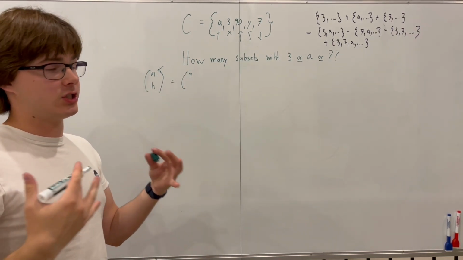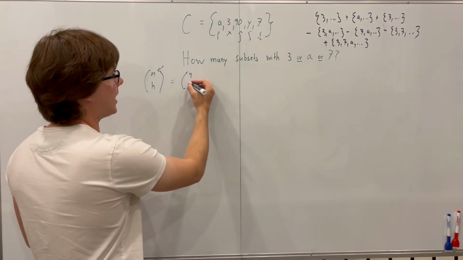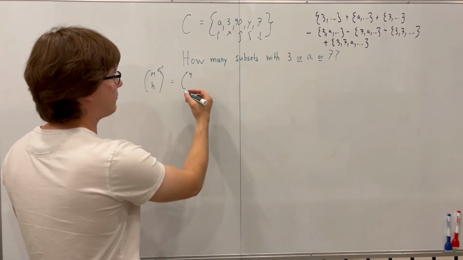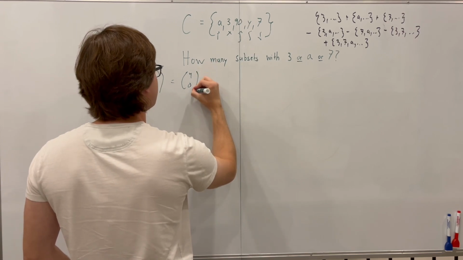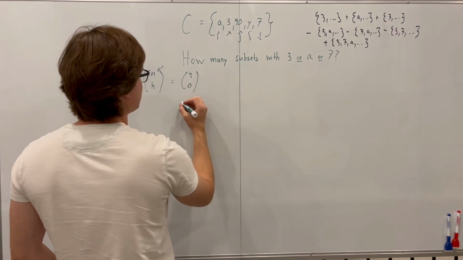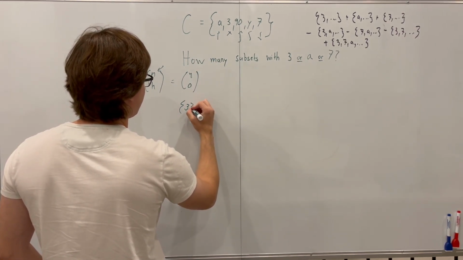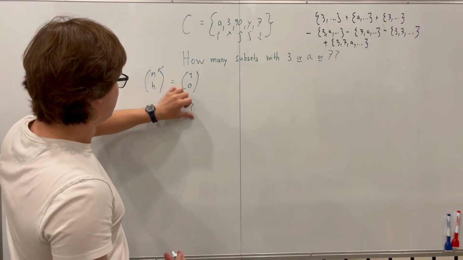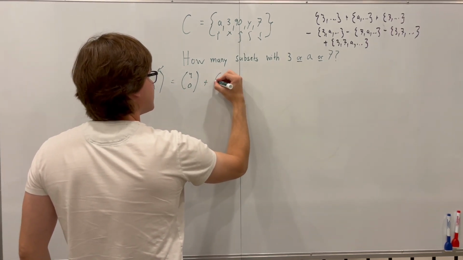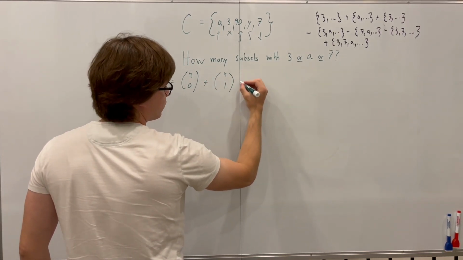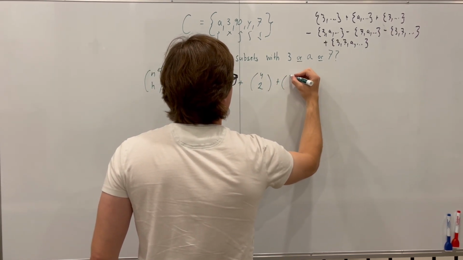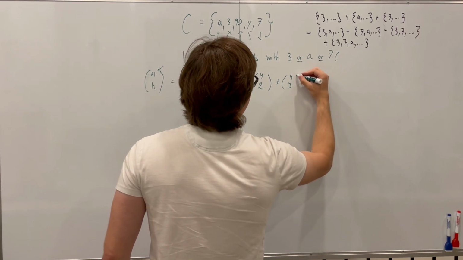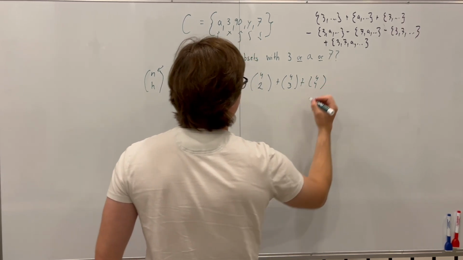Then our k, this is where you have to really think about it. Well, for the subsets including definitely a 3, you can add none of the elements out of the 4. So this would just include, for example, the subset containing only 3, right? Or we'll add a plus sign here. We can say out of the 4 you can add 1, or out of the 4 you can add 2, or out of the 4 you can add 3, or out of the 4 we can add all 4 elements,